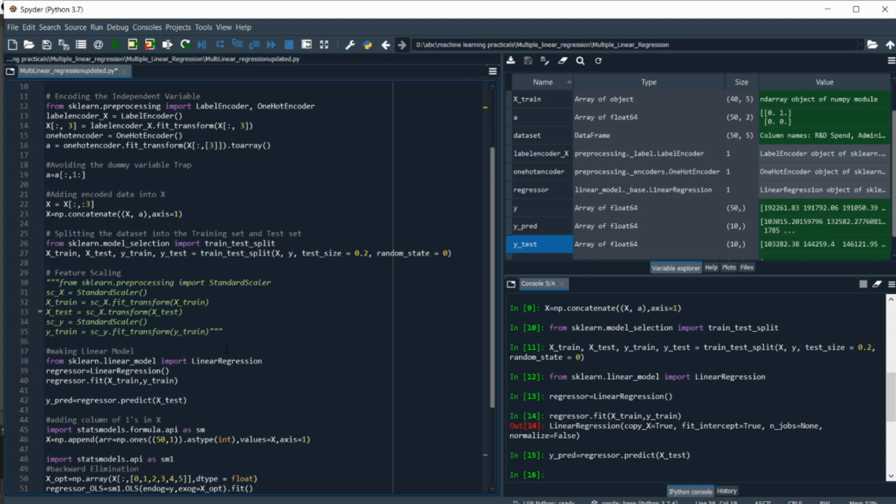It may also be possible that there are a few independent variables that don't have any relation with our dependent variable. So we need to remove those independent variables. That's going to increase our model's accuracy, because these variables may affect our model, and that may lead to less accurate predictions.